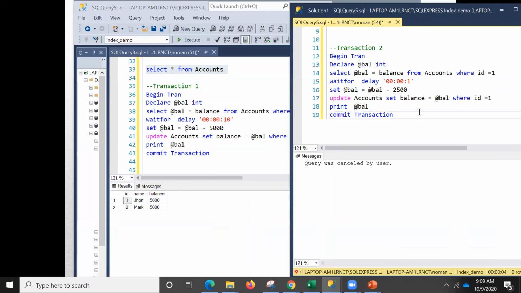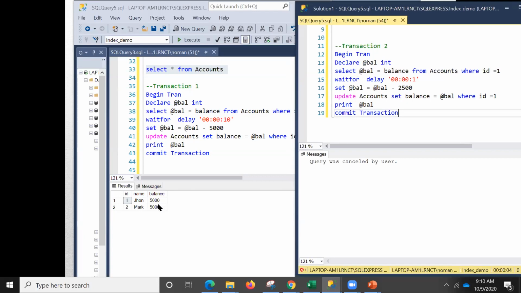Now, do you know which transaction will run first? It's transaction 2. Why? Because it's only taking 1 second, and it will change the value to 2,500. But then we will see what effect that shows.